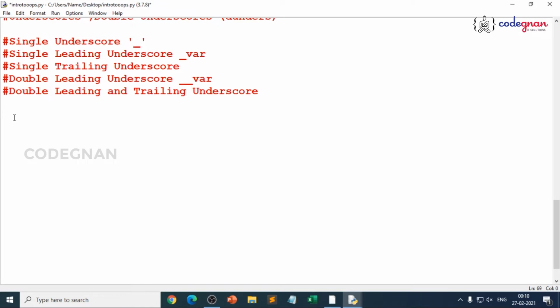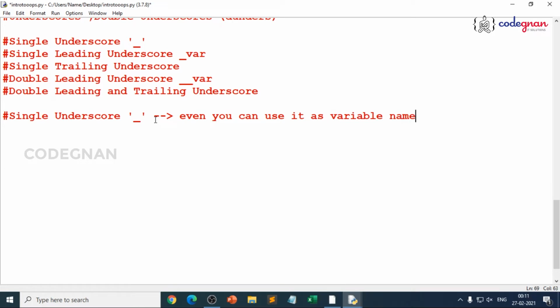Let me just copy this and paste it here, because generally single underscores play a very vital role. And when do you use them? If we wanted to just represent the last expression, or make it a very simple expression, you can even use it as a variable name or function name or anything. It is sometimes used as a name for temporary or insignificant variables that we don't care about.